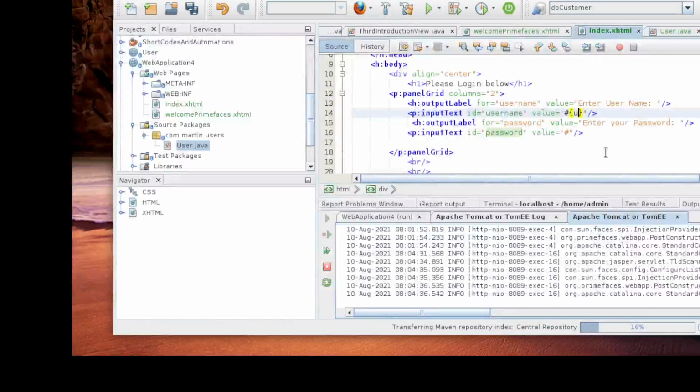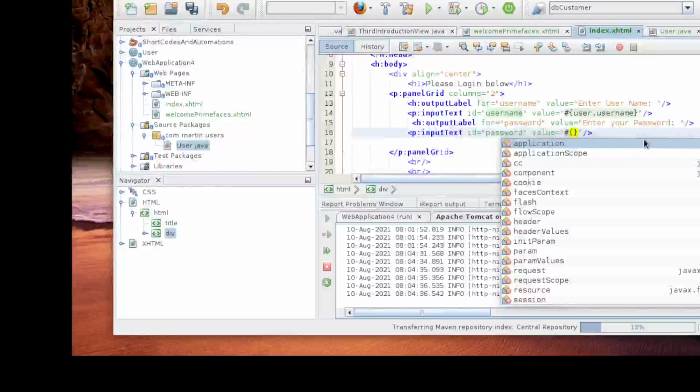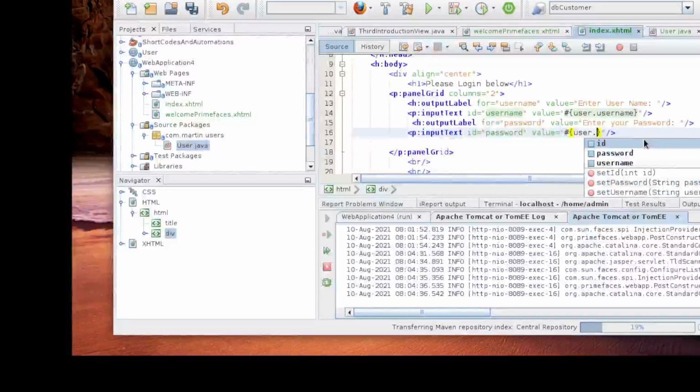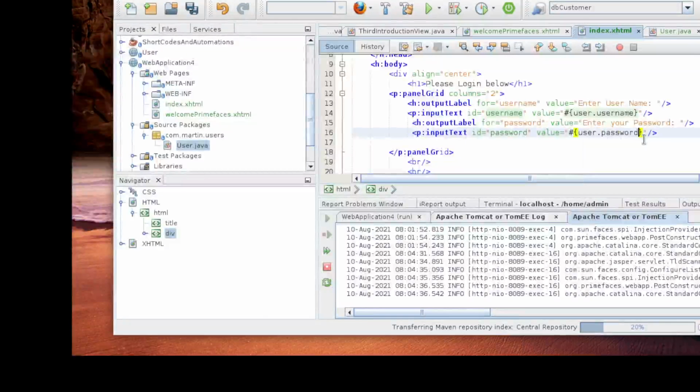So that's why you can see user dot the field that you want, which is username. The other field, you put a hash, then curly braces, then your bean name dot password.